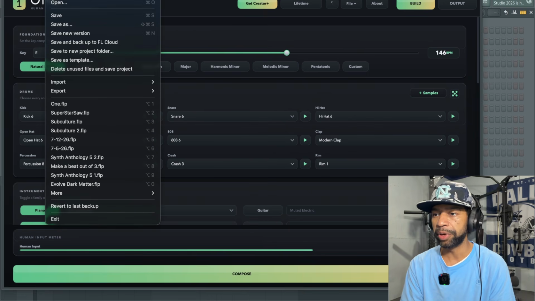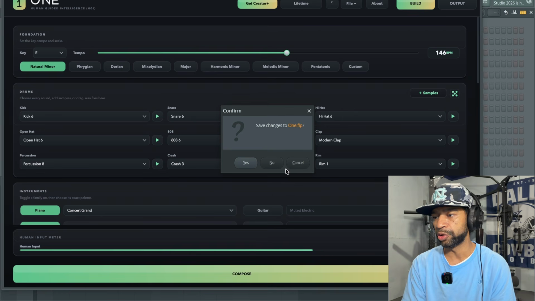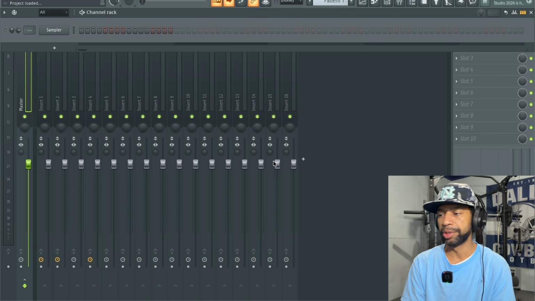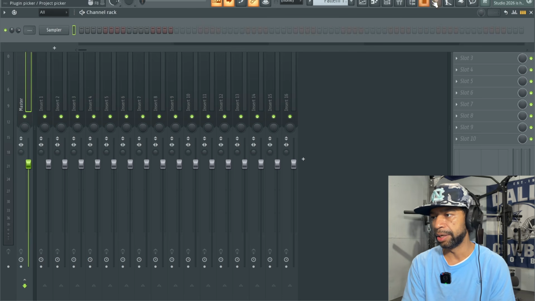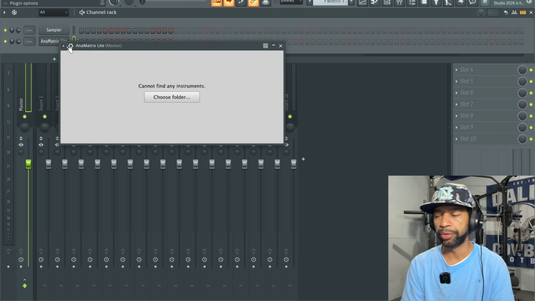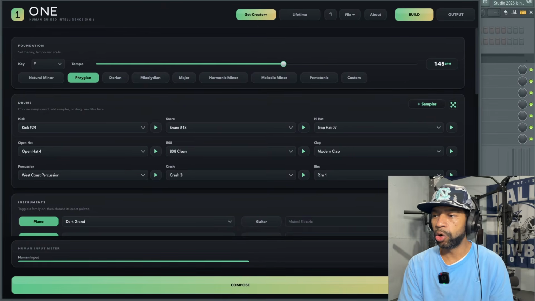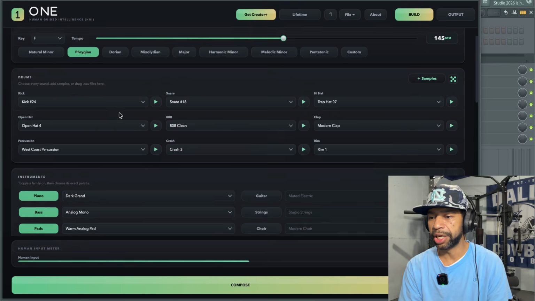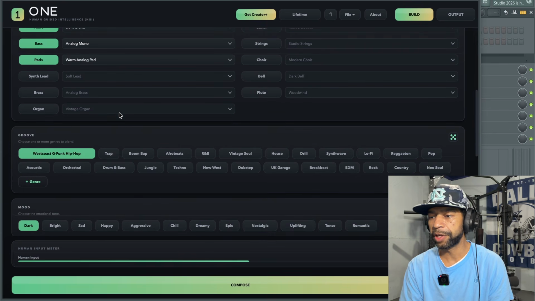I'm just gonna open up a brand new instance of FL Studio real quick, so that we just have no glitches or nothing like that while we're doing this. We're gonna pull open another instance of One real quick. All right, so I've got One open again. And as we're looking at this, we can go through different kind of genres. So we can come down here and we can first figure out what it is that we're gonna create.